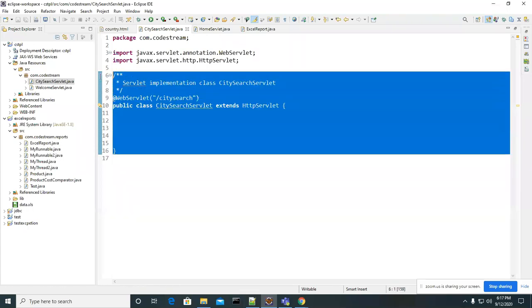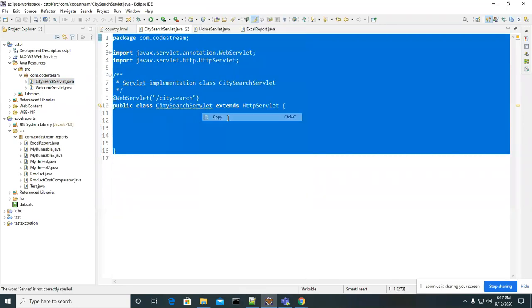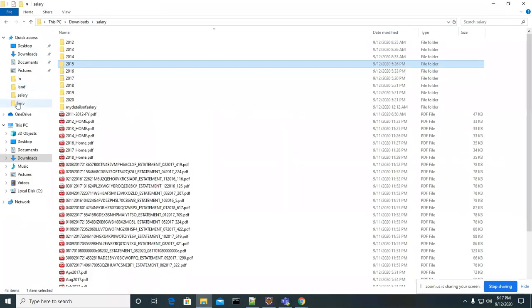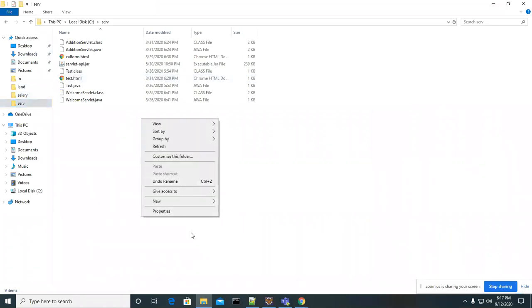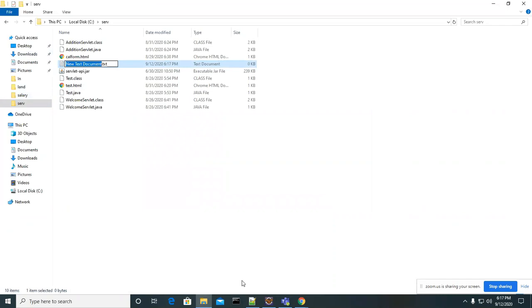Now if I compile this program, will it compile? Let me compile this program. Let me take the program you all know, right? What is the program name? We took it, city search.